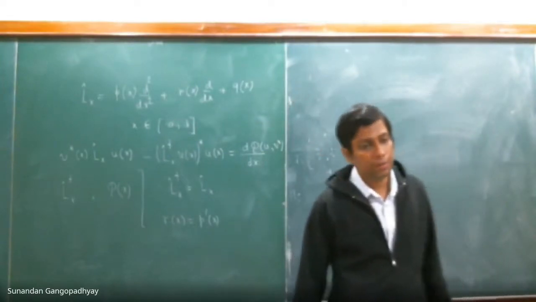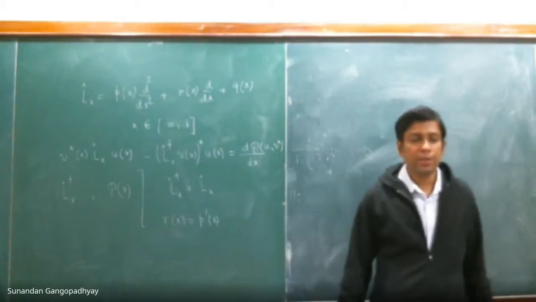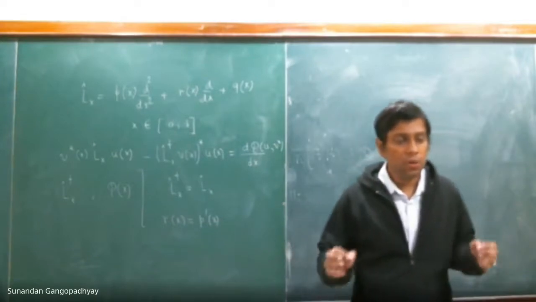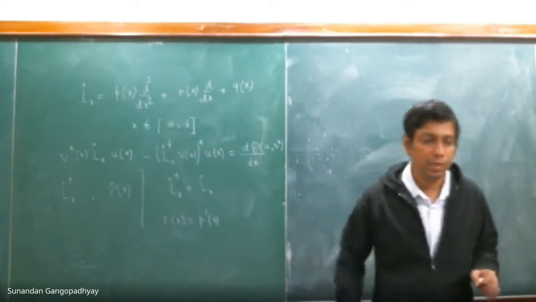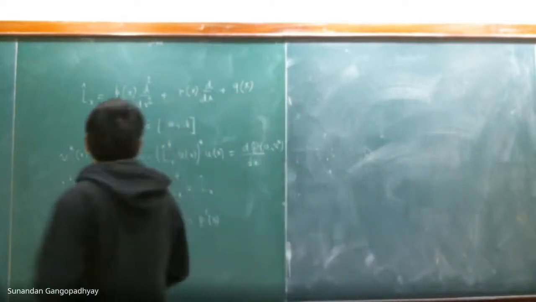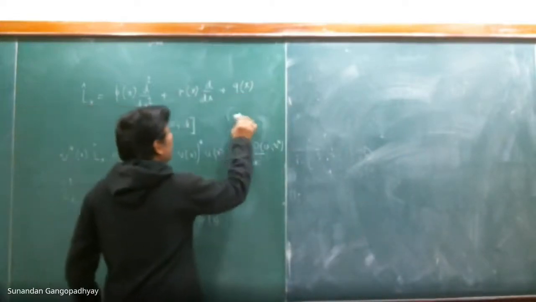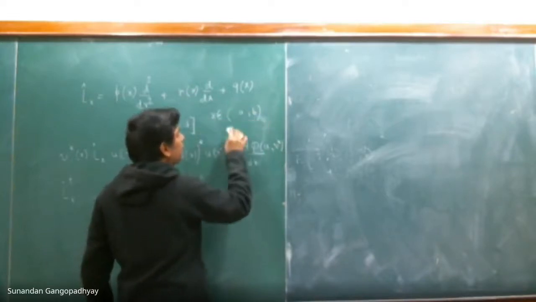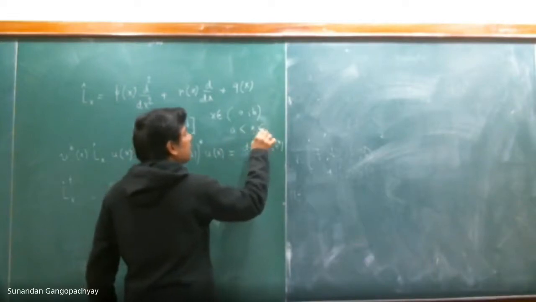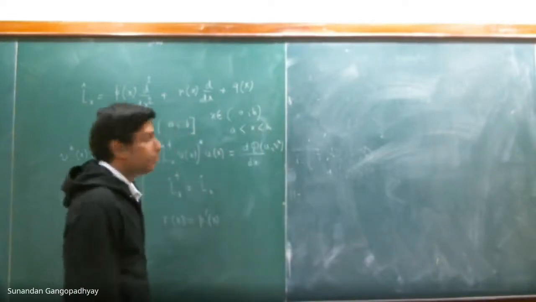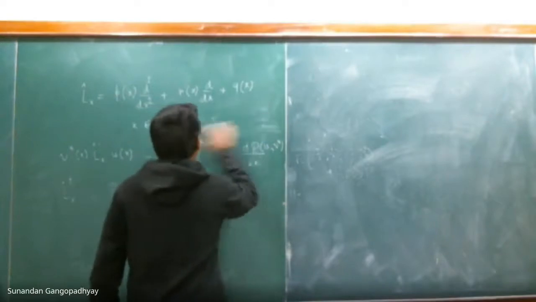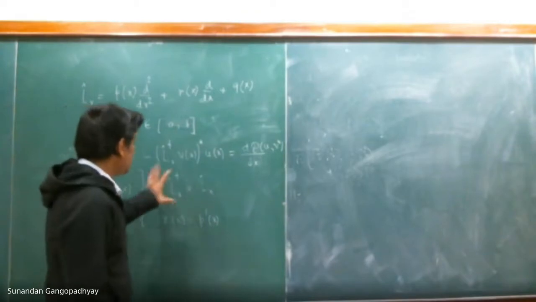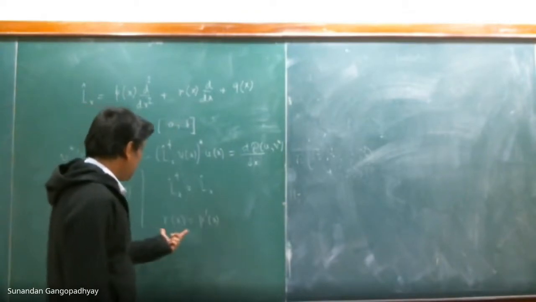Another condition that I mentioned in the previous lecture was that p(x) can have zeros only at the endpoints, not in between, not in the open interval (a,b). So an open interval you denote like this. If x belongs to this open interval, it means a < x < b. This is an open interval, and this is a closed interval. So from the condition of symmetricity of this operator L hat x, we obtain the condition that r(x) must be equal to p prime(x).